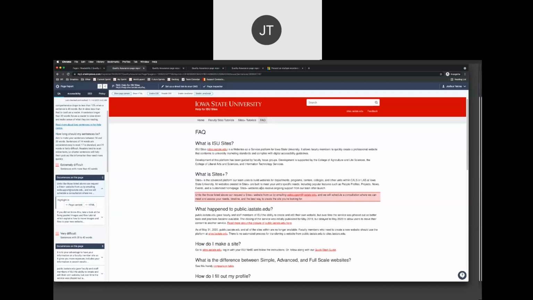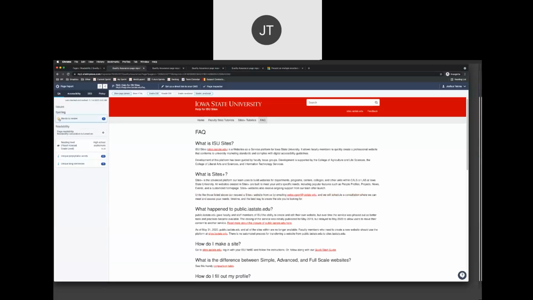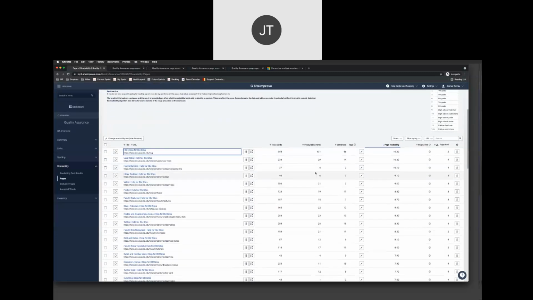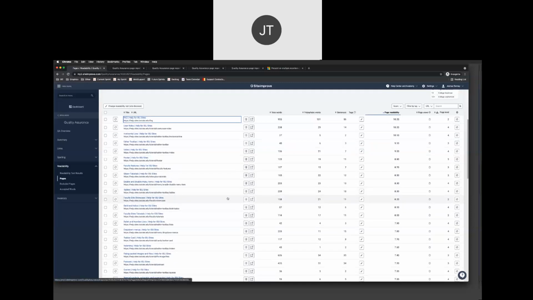I'm also judging personally things like, oh, it's really broken up, we have a lot of headings. Those are also things that are making it easy to read that aren't being caught in the Flesch-Kincaid score, so I'm probably not super concerned about this page, especially since it came back at a 10, but I could go in, and I probably will after this seminar, and change a few of these to break up some of the longer sentences. So that's really all there is to the readability section of Siteimprove. If I go back to this, you can see that, yeah, there's a few that are really short that I'm not going to worry too much about, and how deep they are in the page.